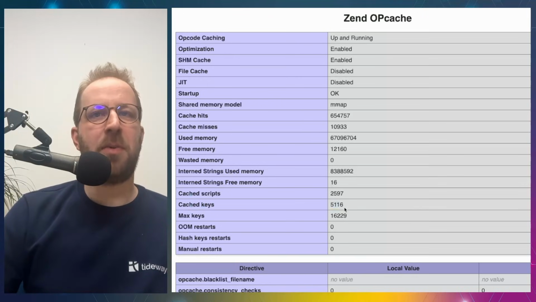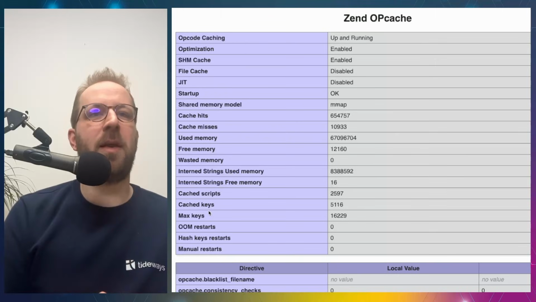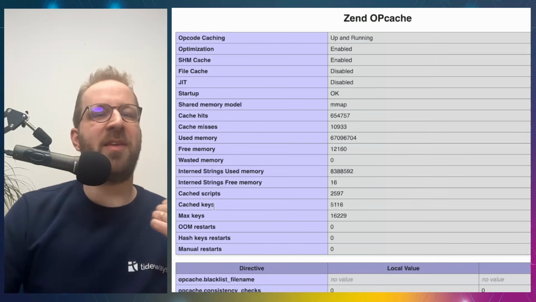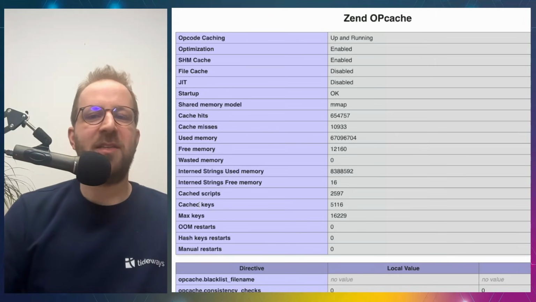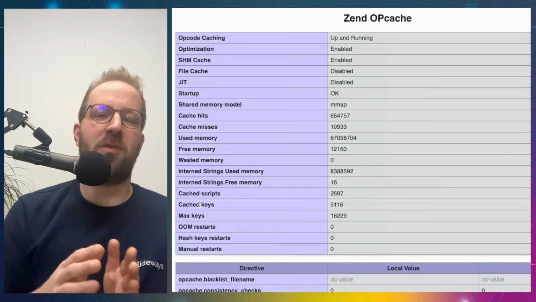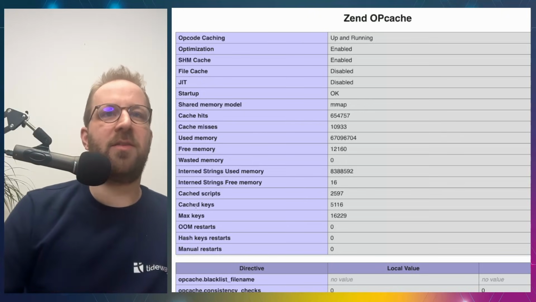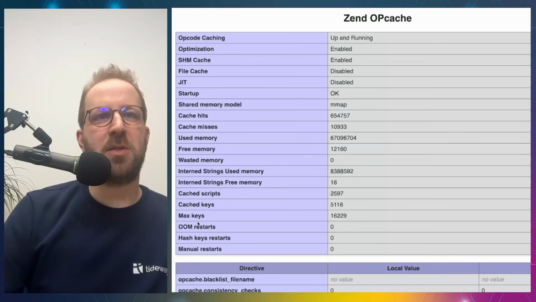If the cached keys number here is smaller than the max keys, then you're fine. But if they are close to each other, it makes sense to increase the number of accelerated files to automatically increase the number of cached keys. So these concepts are linked internally in OPcache. The correlation is a little bit tricky and not important to know. It's just important to know cached keys needs to be smaller than max keys. So this gives you 90 to 95% of the OPcache optimization possibilities